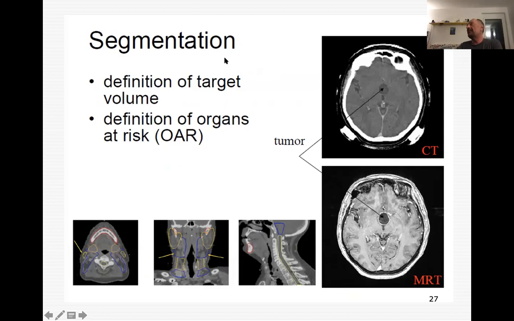Now comes the phase of the segmentation. What is segmentation? In segmentation, you have to do two things. You have to define the target volume, and you have to define the organs at risk. In 90% of the cases still today, this is done manually, but there is a tendency to go into an